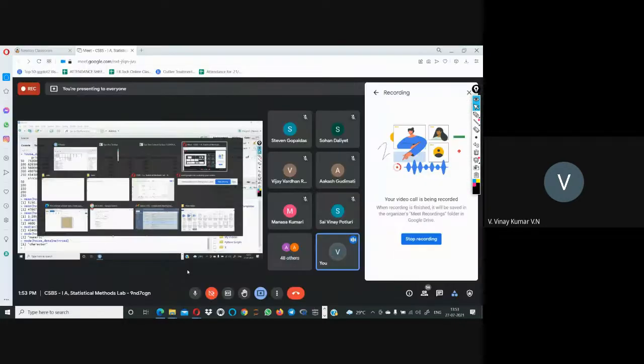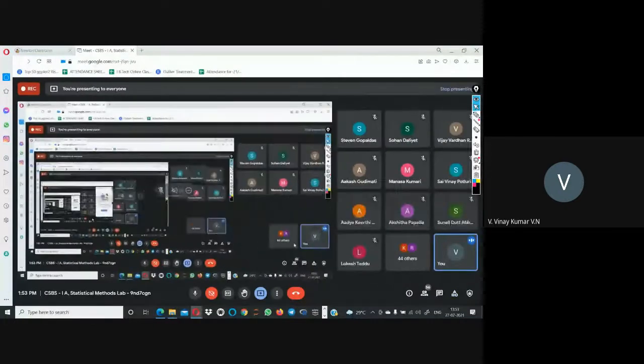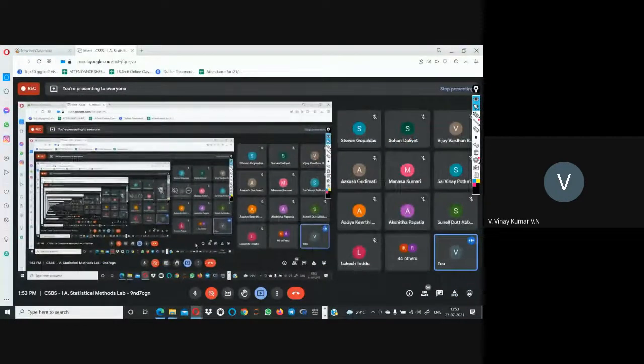As of now, any doubts on how to import the data, how to see mean, median, the head and tail, what the dimensions of the table are, what the head rows and tail rows of the data are, and particular rows of the data? Any doubts still? Importing, no doubts, sir.